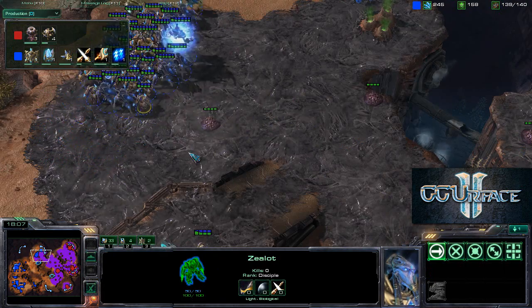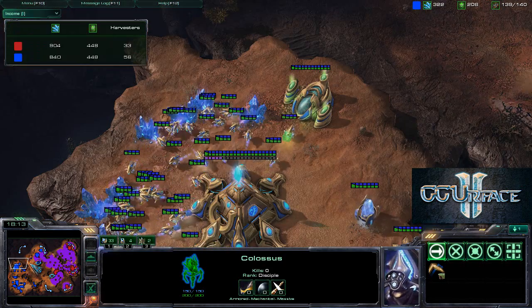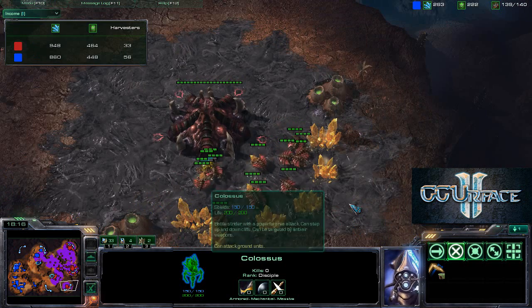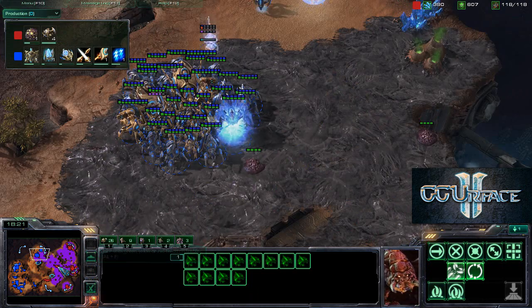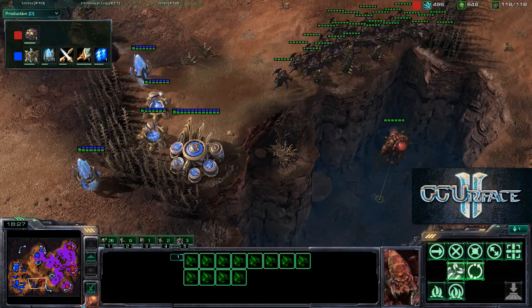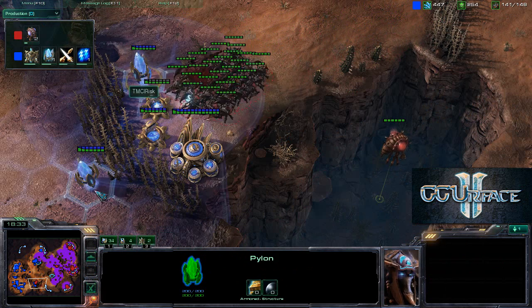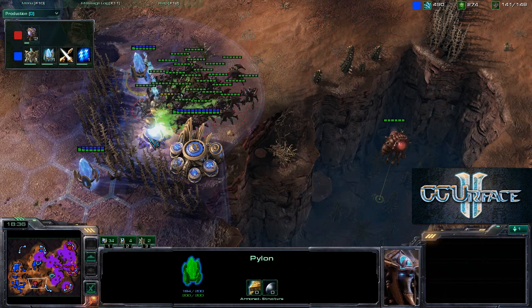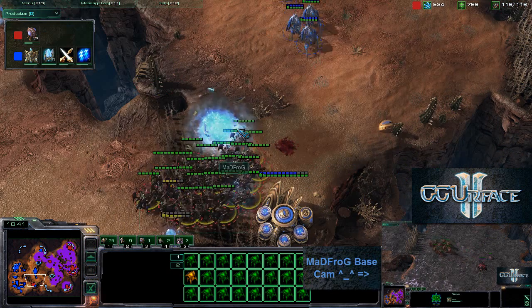will attack. The Storm Thermal Lance is underway, and the income does show a slight advantage for MaDFroG now, as he has recently taken the gold. So both players are getting even in terms of the income, as the Roaches are approaching the base of his opponent Risk, and he is going to, maybe you want to shoot the pylon perhaps, and he's going to kill off the cannon. 1 cannon goes down, 2 cannon goes down, and there is about 25 of the Roaches here,